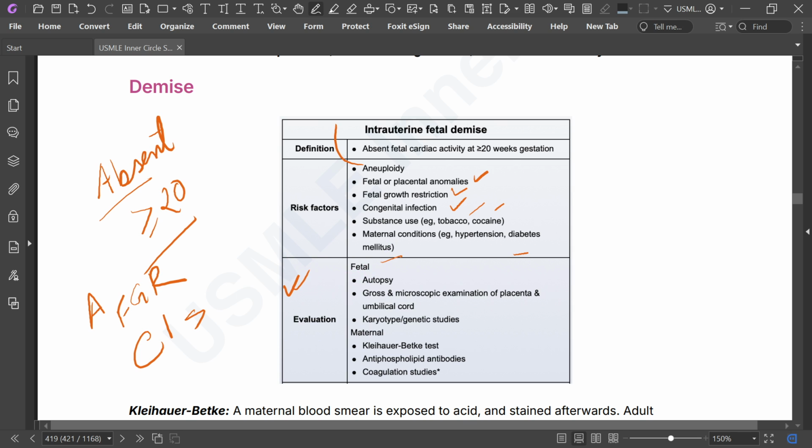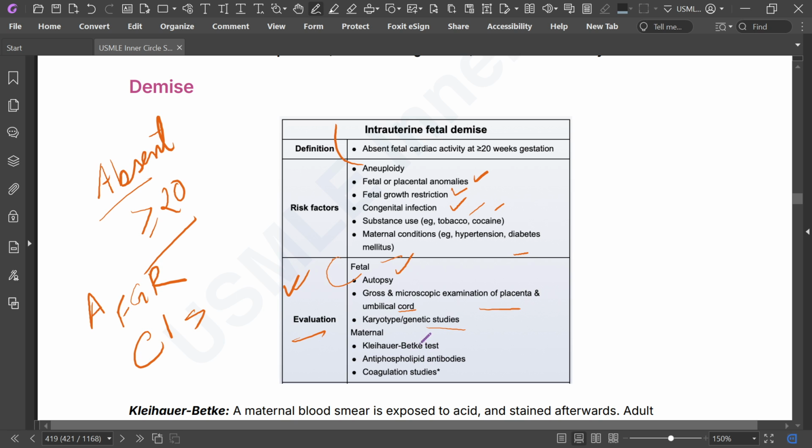How will you evaluate? You can evaluate by a fetal autopsy, gross and microscopic examination of the placenta and the umbilical cord, and karyotype or genetic studies. That is for the fetal evaluation, and for maternal evaluation: